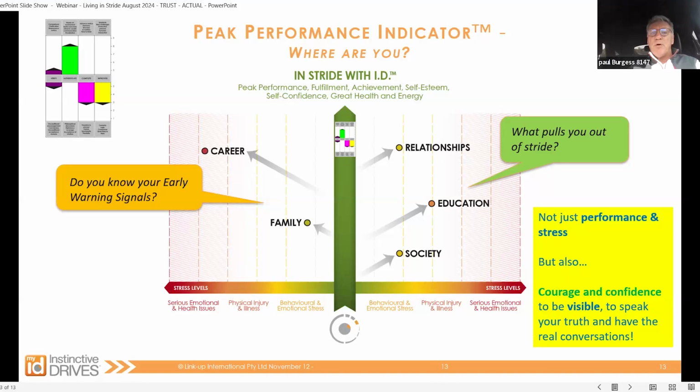And so we have this model. We call it your peak performance indicator. We call this process a PPI check-in, where we just say to ourselves, and some of us do this every day, we encourage people to do it often. As a team, you would probably do it once a month. As this community, the ID Masterclass, we do this every month when we check in for this class.